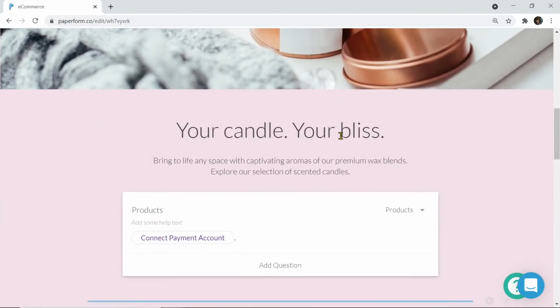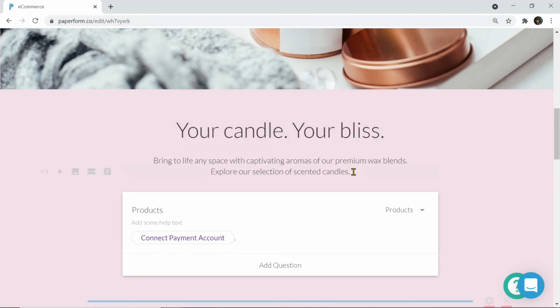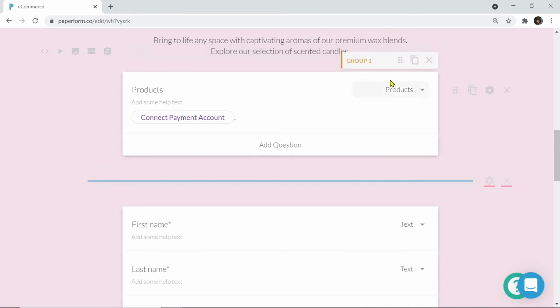Your candle, your bliss. We need to treat text within our form much like we would a Word doc. You can highlight it, and much like that image option bar, a text option bar will appear above. From here, we can again change that appearance, the placement, and we also have the ability to hyperlink our text. Easy enough? Keep following. We've then got a box here, and this is what we refer to as a question